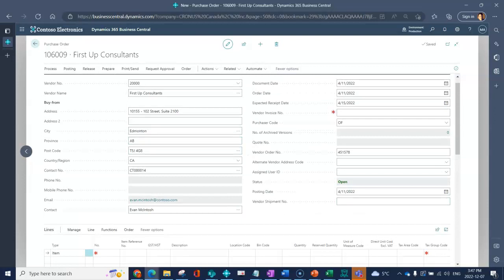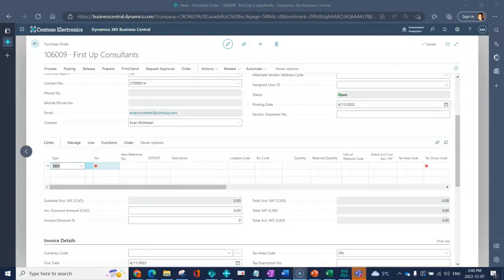Once you select your vendor, most of the information that gets updated is your date information or maybe the buyer. A lot of the other information really does just stay static from the vendor card. So now if we jump into the line detail and talking about exactly what we want to order, very similar